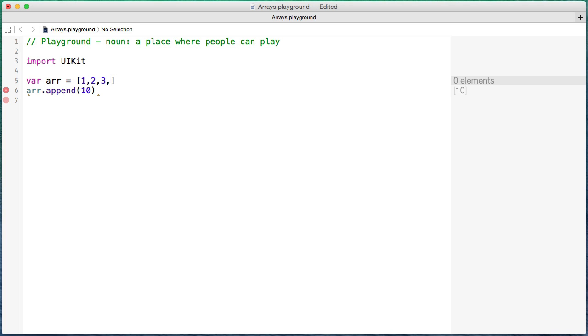I'm just going to go back to 1, 2, 3, 4 like that. So here I've created a Swift array that has 1, 2, 3, 4. Then I've appended the value 10 in there. Now the other thing that I can do is to use the plus equals syntax to essentially combine another array